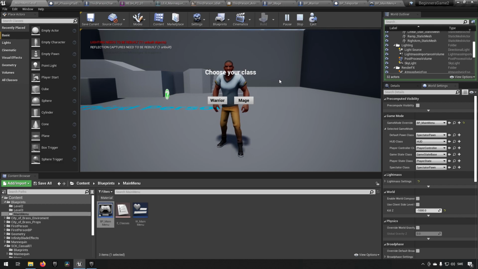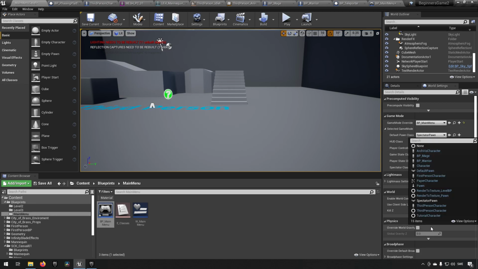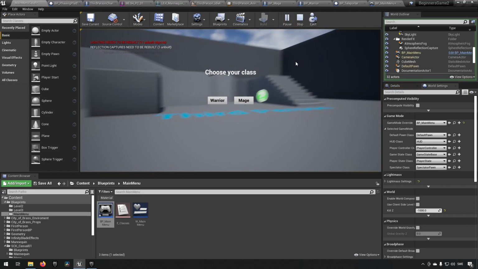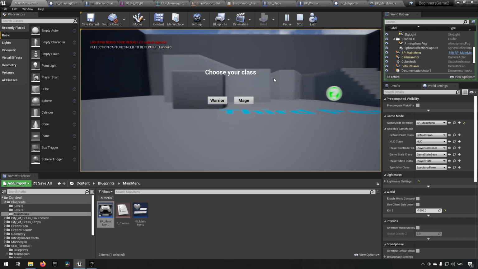Okay, we need to remove this one also because it might actually be default pawn then. Let's check again. We had a character in the world which was being auto-possessed, so that was messing that up a little bit. Let's try the default pawn and see what it looks like. It's basically just an ability to look around, sort of like a spectator pawn, except the spectator pawn can move around also, like an inanimate object or like a ghost or something like that. So now we just have the menu here, but we want to clean up the rest of the level